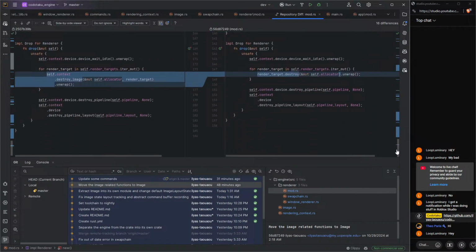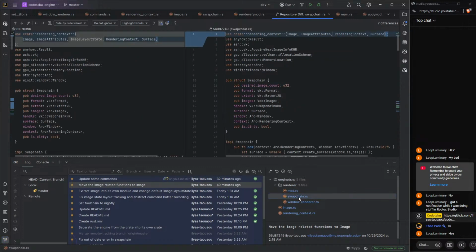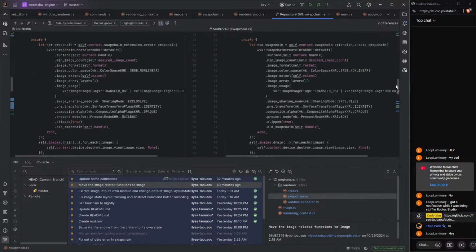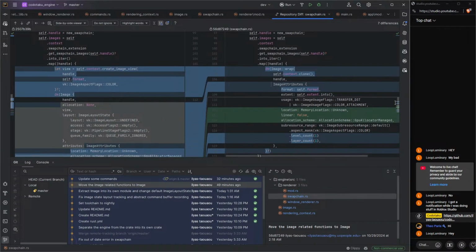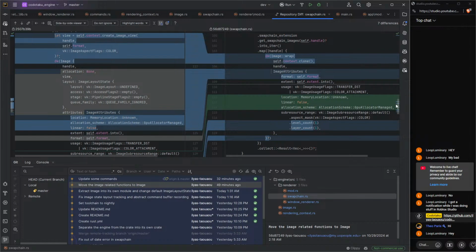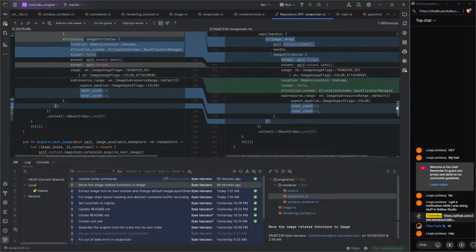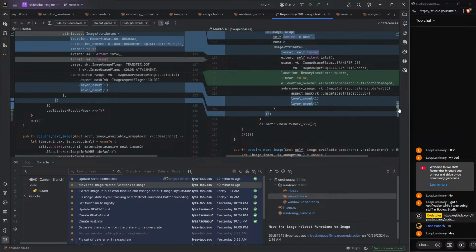What else? And yeah, there was a bug here, I think. Well, hold on. Actually, not here, but anyways. So right now we have a destroy function inside of the image, basically, that I used here instead of saying context destroy image. Okay, what else? There is a swap chain here. Self.format. It's quite hard to see what I actually changed. But anyways,